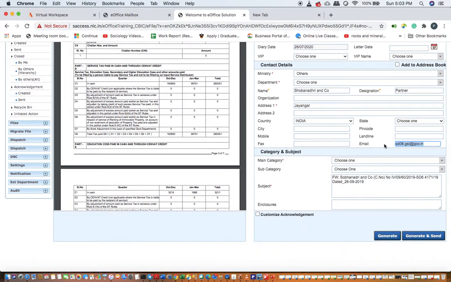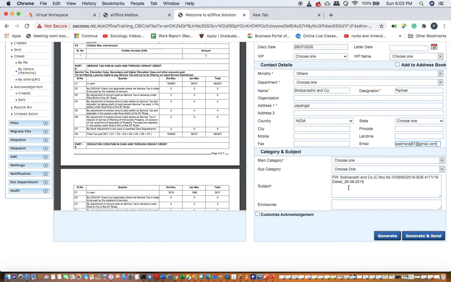Okay, the mail from which it has come is auto populated. You can change it, because generally when you do it from a generic mail ID, that mail ID will come here. You will have to feed in the actual mail ID from which the mail has come.